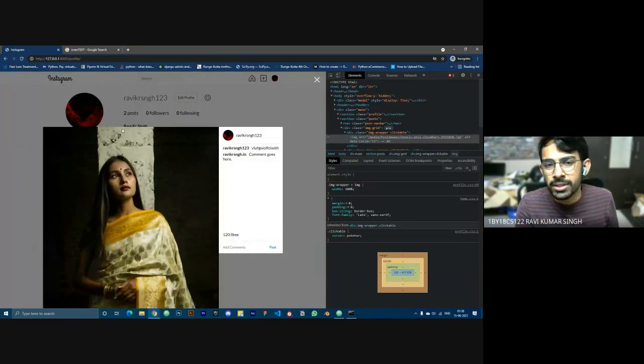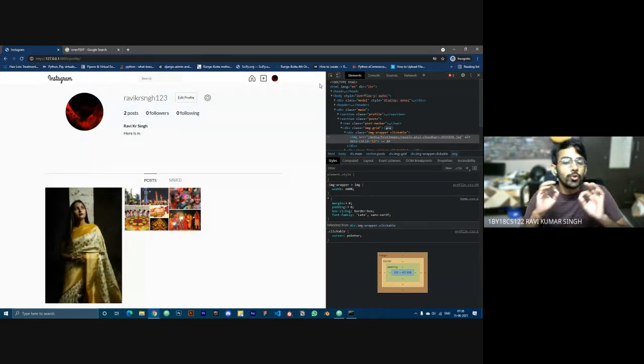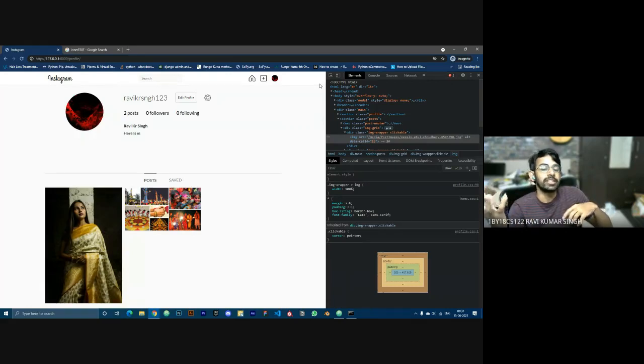Now again, this width is 100%, so it is taking this much up. We'll have to change the styling and everything. But now if you see, the image is getting changed, and the profile and the caption are also getting changed. So this is how you take live data, fetching data live without loading the page from the server and showing it on the HTML web page.